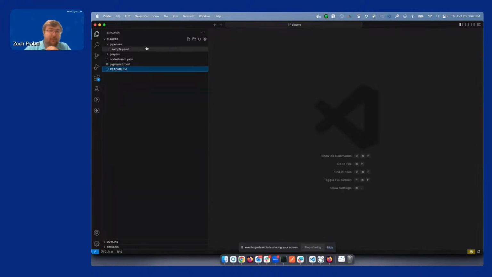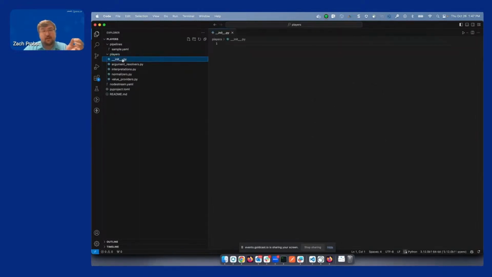information as well. So the next thing is there's this folder called players. This folder in your project will be named whatever you named your project. And it's actually a Python package. Everything about nodestream is extensible and pluggable. So you can add extra behaviors. And the idea behind it is that the framework isn't meant to constrain what you do. It's meant to just guide how you structure your applications and how you ingest data. So there's all kinds of things that you can add to your project here. So you can drop to Python to do something custom whenever you might need. That's going to be out of the scope for this a little bit. So I'm just going to go ahead and